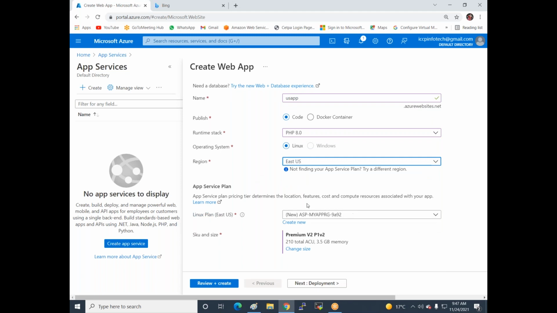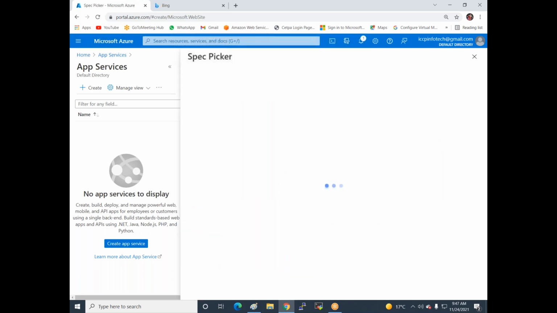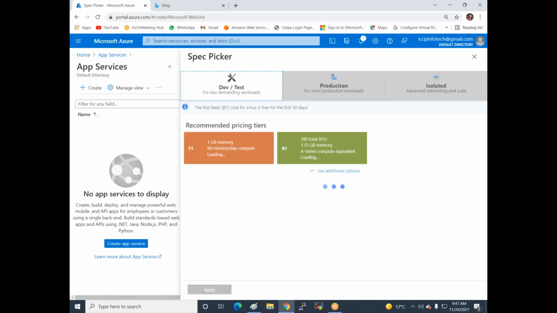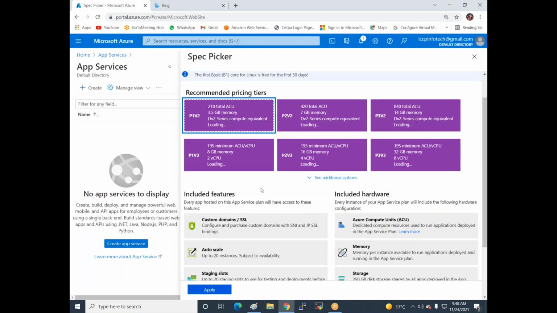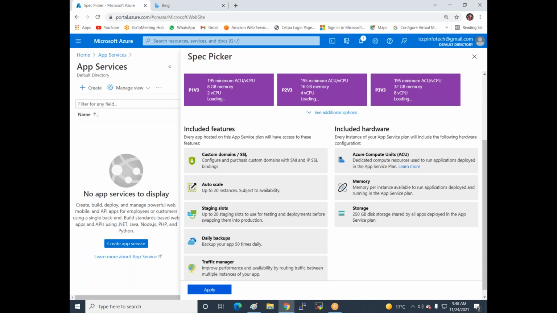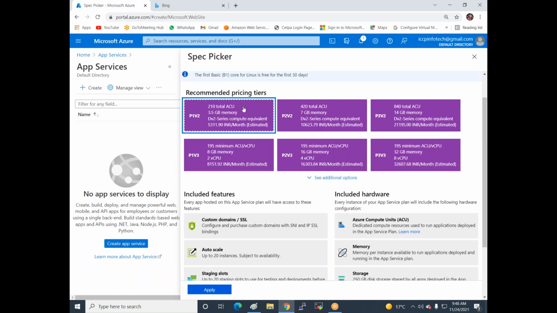And these are the plans: what size you require, and which services you can add on with your App Service, like DNS service, database services, whichever services you require. I change this plan. This is the basic plan, and if I select this plan, it gives you custom domain, autoscale, staging, and traffic managers. These are all in the plans, with an approximate cost for 3.5 GB of memory on the DV2 series. So you can select from different plans that are available.